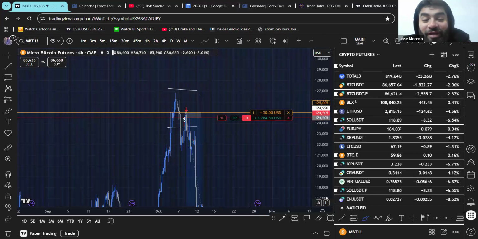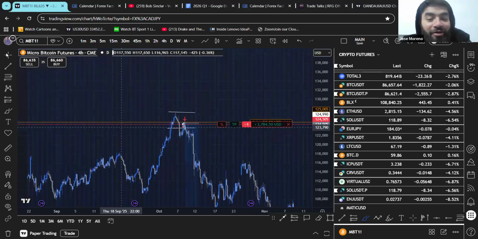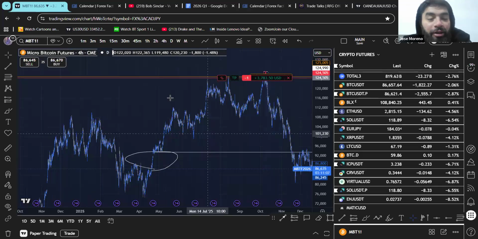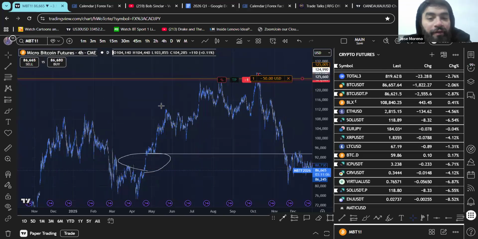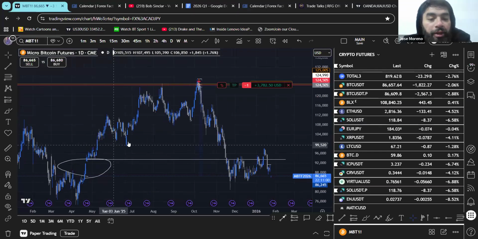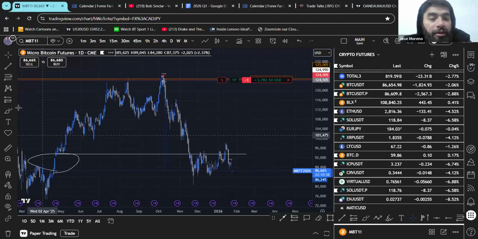I took this trade live too. Obviously, I didn't hold it until now. I just left it here to show this execution. But again, why did we look at this? It's because we were seeing the signs of potential manipulation, potential distribution, right? So we kind of confirmed that when we did end up selling off.